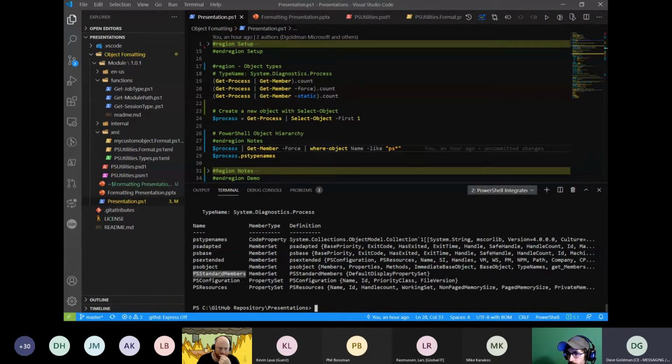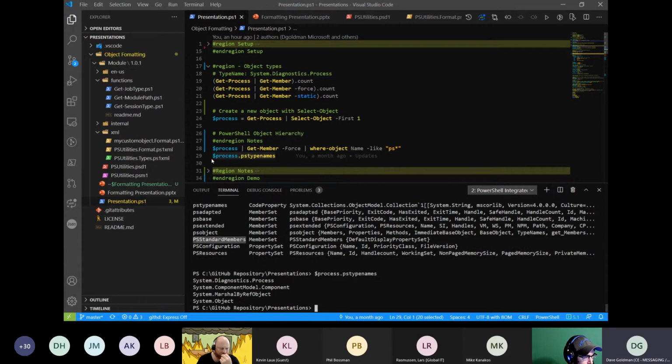This is a default display property set. It's on every object, and this is what the PowerShell formatting engine is looking for when it wants to format objects. So if I dump out the type names, you can see that this object originally was a System.Object. It was marshaled by reference, goes through the component model, and ends up as a System.Diagnostics.Process. So this helps you understand what that object morphed into.